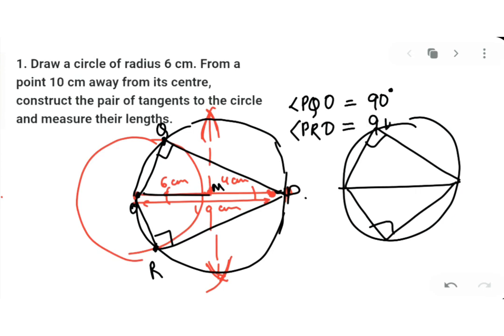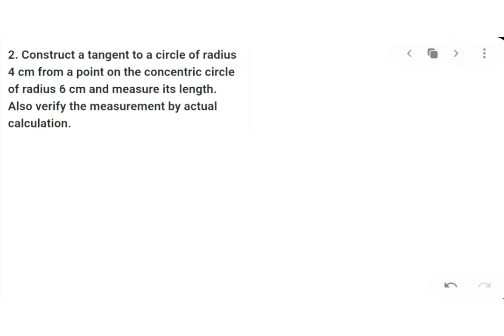Okay. Now OQ is the radius. That means OQ is the radius of the circle. It is 6 centimeter. Now it is perpendicular to PQ. That means PQ must be a tangent. Because if an external line makes 90 degree with the radius, then that is a tangent. So we have proved. So you just have to prove that these were 90 degree. Nothing else. Got my point clear?